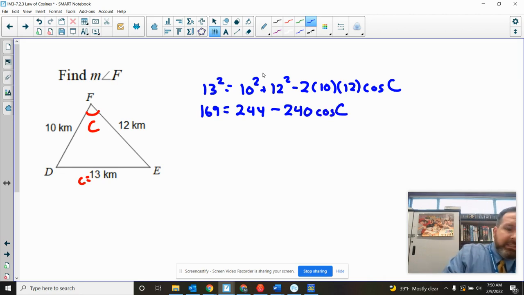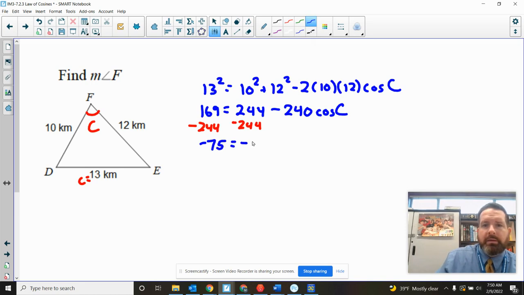And 169 minus 244. Don't forget that negative that stays in front of the 240 there. So when you then divide 75 over 240,